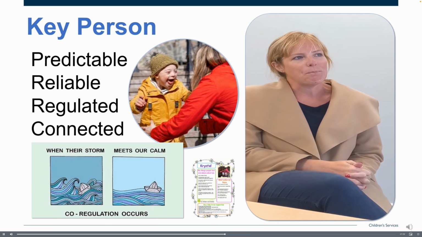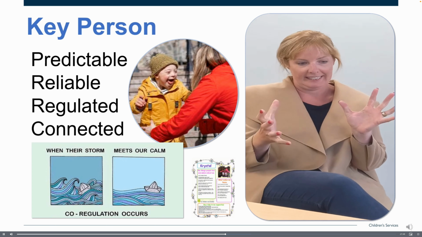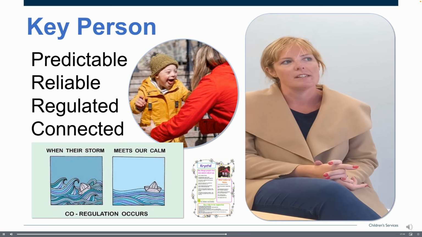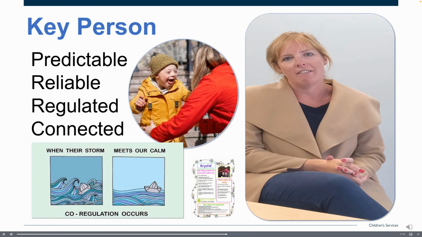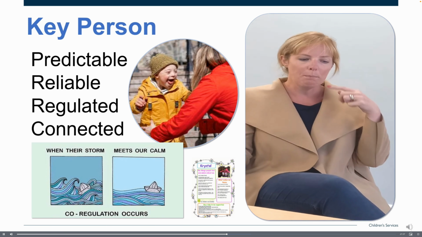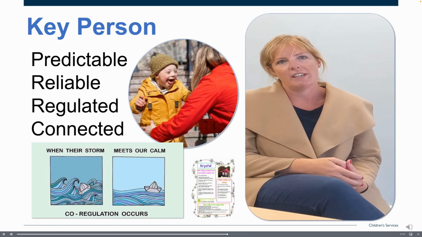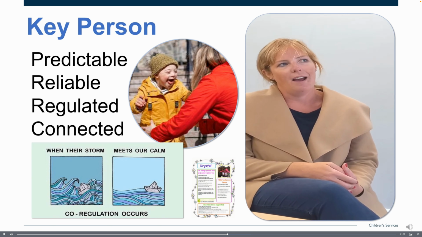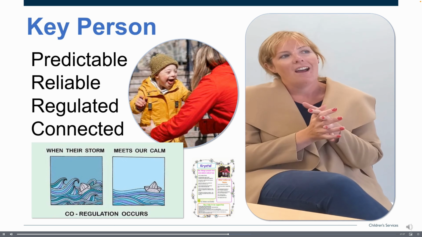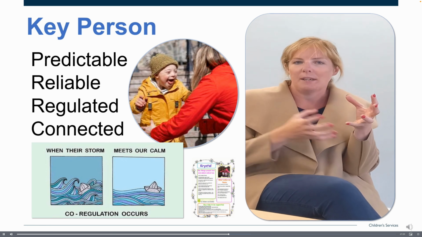We spend every settling in period, and that settling in period is for every child. It might be longer for some, it might be shorter for others, but we spend that settling in period really getting to know the bonds between the adults and the children before deciding who their key person is going to be. So that's based on who they naturally sort of gravitate towards. And obviously that's in an ideal world. Sometimes that doesn't work, or sometimes they've attached themselves to somebody, but we have to choose a second person